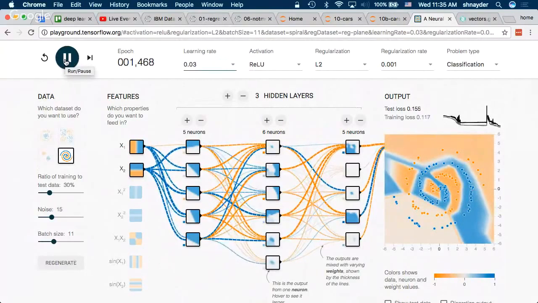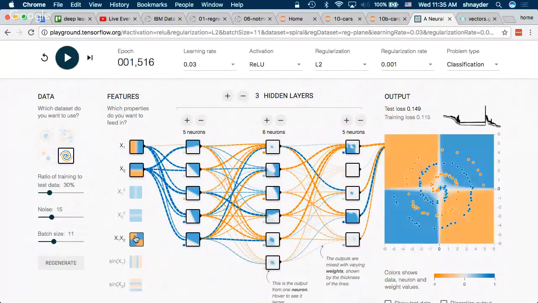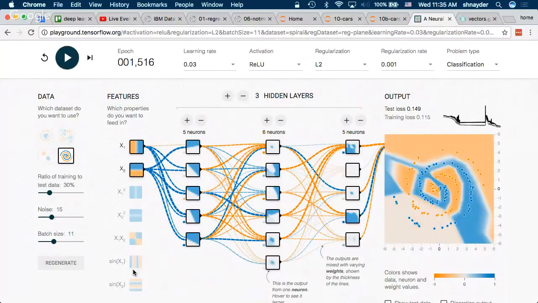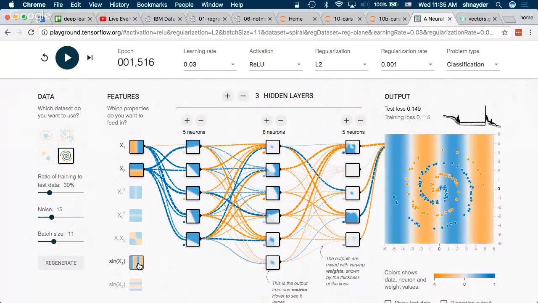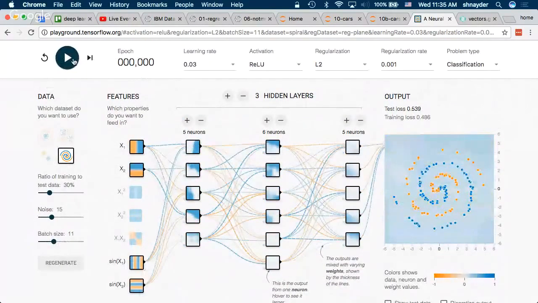If you're using a different feature set, you mean to add in other features here? Yeah, X1, sine X, and so on. This is something we can try. I think it definitely will help. I don't really like it. I mean, I don't know. It's...